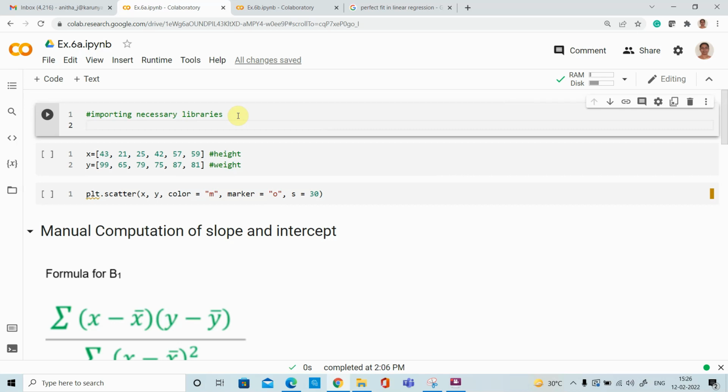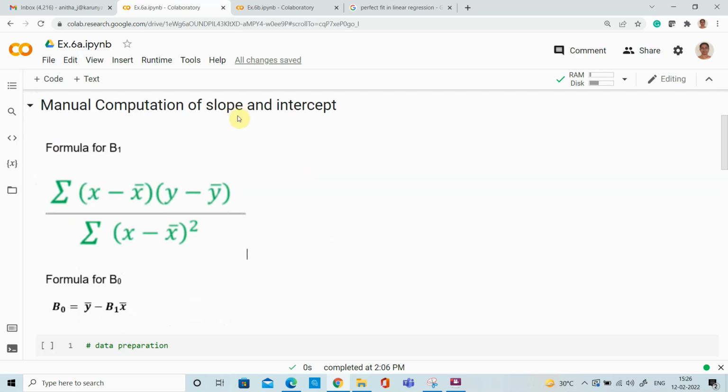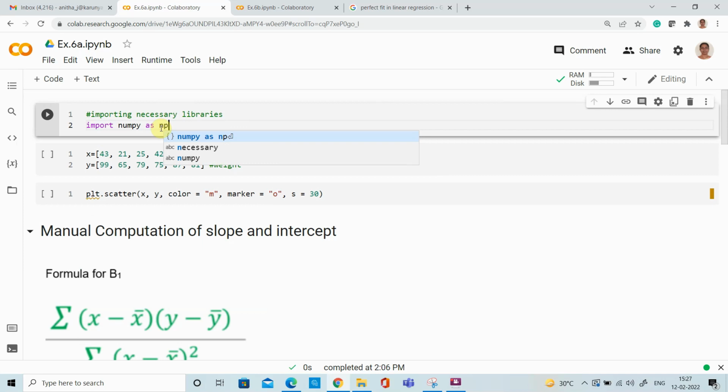So first we will do the manual computation of the linear regression model by knowing the formulas, with the slope and intercept, and by using the equation y is equal to b0 plus b1x. To do this, first you need to import the necessary libraries. So first I will import NumPy as np,